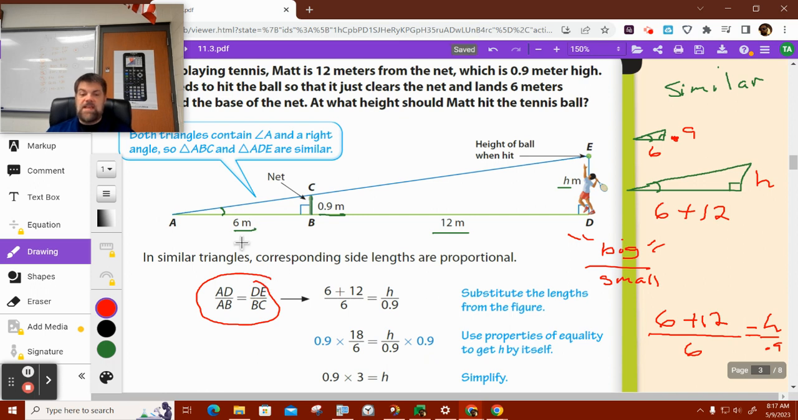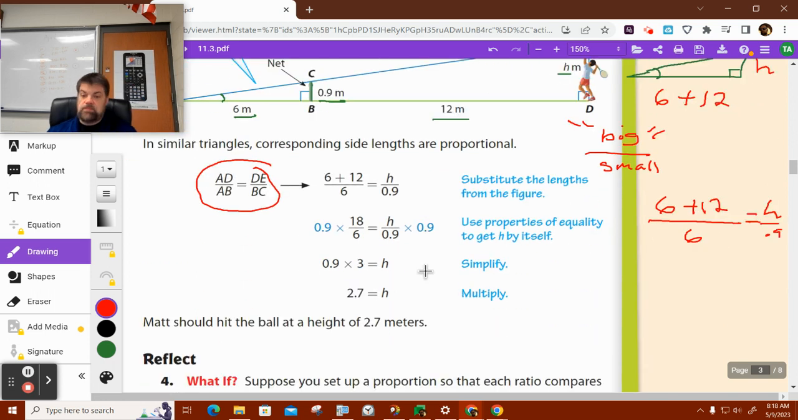Well, A to D is the length from here to here, okay? And then A to B is the length from here to here. So that's where they get this 6 plus 12 over 6. And then that has to be proportional to the other corresponding side lengths. In other words, this D to E has to be proportional, or multiplied by the same scale factor, as B to C. So they put H over